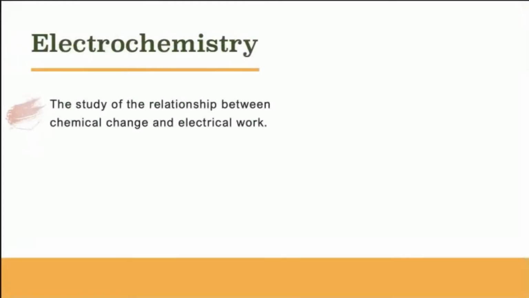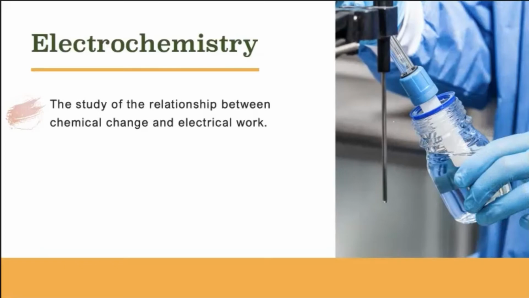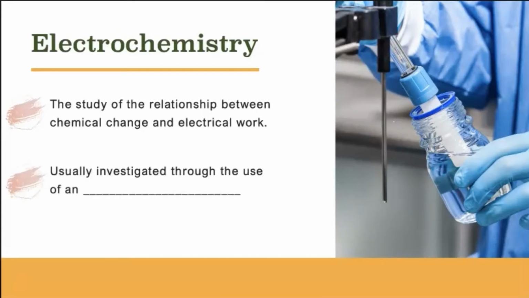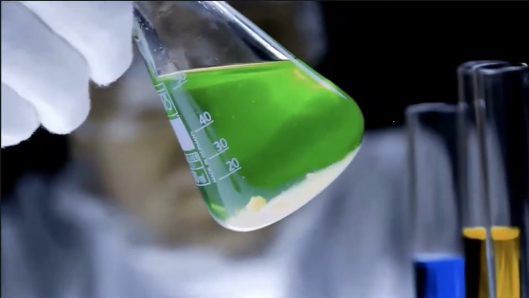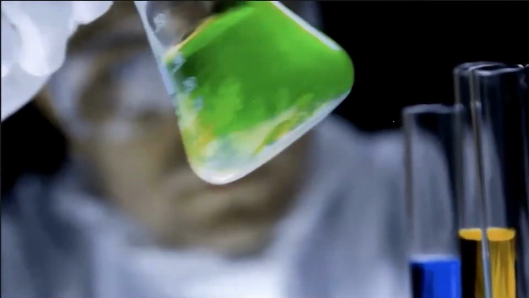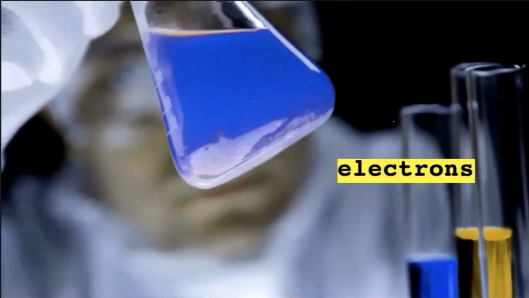Electrochemistry is the study of the relationship between chemical reactions and electricity. There are basically two main ways that chemical reactions and electricity interact, and in order for us to investigate those reactions, we usually use electrochemical cells. These electrochemical cells are used to investigate chemical reactions that involve the movement of electrons, and those reactions tend to